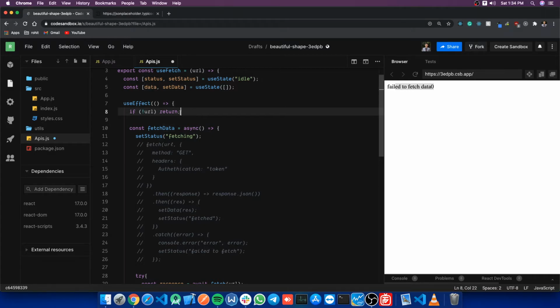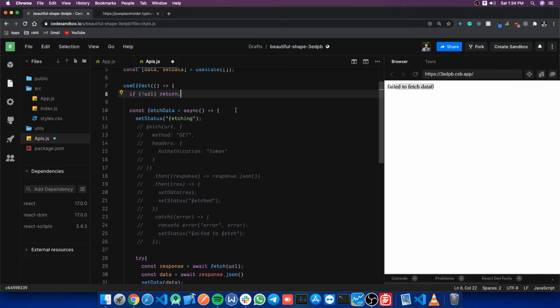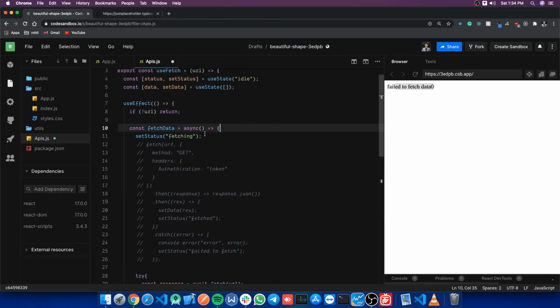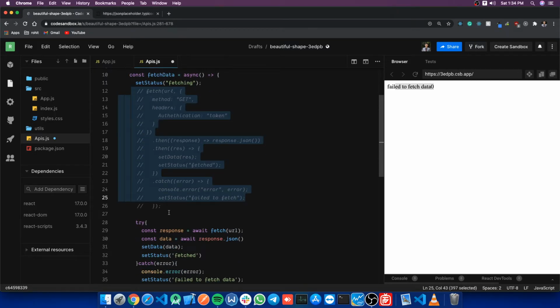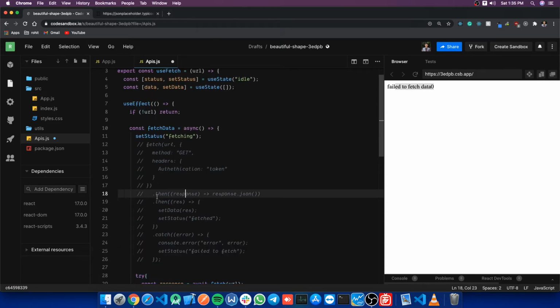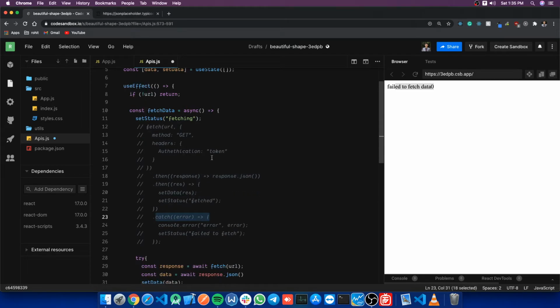Okay, so first we check the condition on line number 8 that if URL is not there, simply return, and if URL is there, we will create a fetch data function and we will call it down here. And inside of fetch data we will first simply change the status to fetching because URL is there, so we are trying to fetch. And then these are the two approaches that you can use. If you like the old ES5 syntax, where you write then and catch, then you can use this.